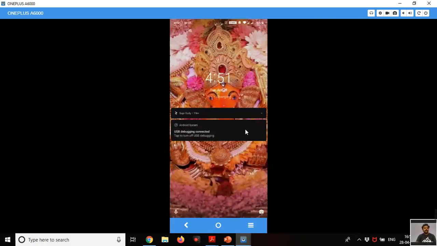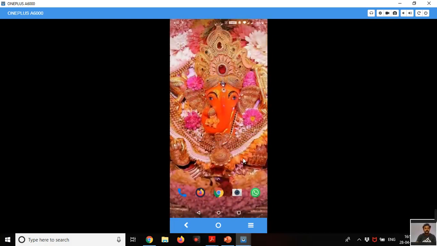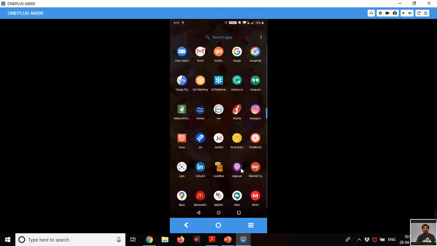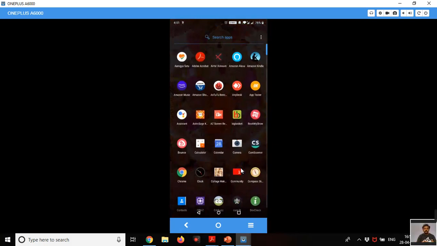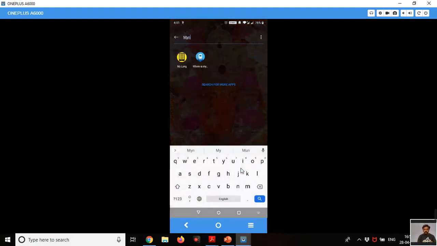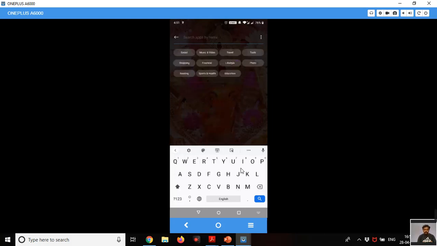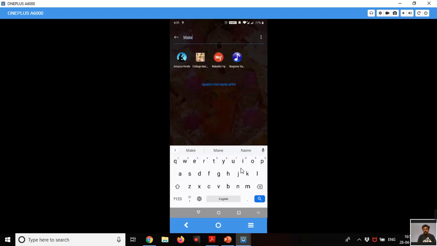So you can find my mobile screen here. It's very simple. I'll show you the Myntra application. I don't have the Myntra application here, so I'll show you Make My Trip. Yes, I do have Make My Trip. This is a mobile app.